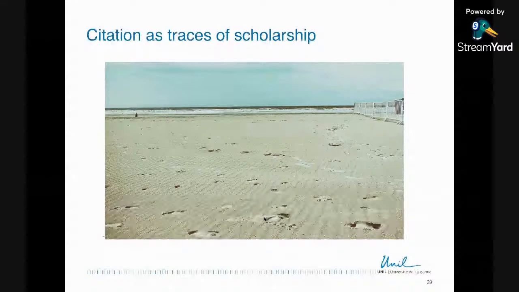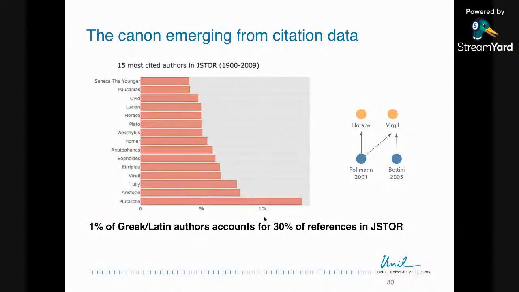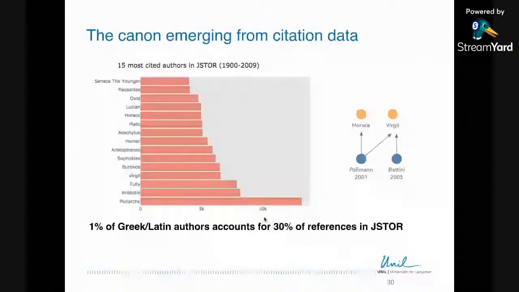So analyzing from this angle, from the angle of scholarly reception, the citation data extracted from JSTOR, a couple of things came up that are quite interesting. The first thing is that you have a canon of the most cited authors that is emerging from the extracted citation data that we have seen already. It's not perfect, so there is still some noise in there. But despite this noise, the evidence that comes from the data is quite interesting and aligns well with other research.